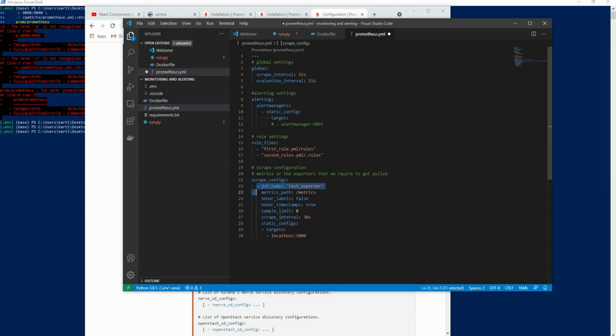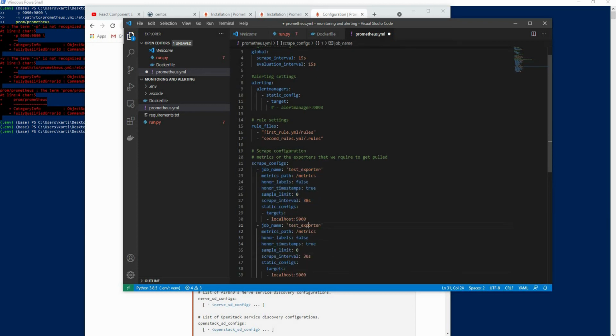And we can add more jobs here. So I'll add one more and call it test exporter 2. This is test exporter 1. And both are actually pulling from the same place, that is 5000. This will fail as on localhost no application is running on port 5000. But what we can do is maybe bind it to test app 2. So this is running on 5000, but there's nothing known as metrics there. So anyway, this will fail again.